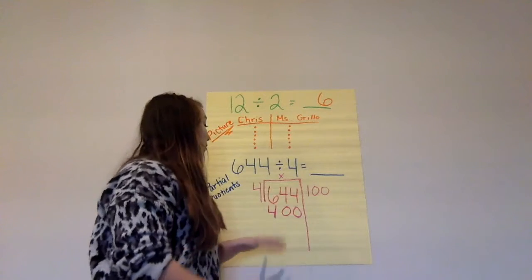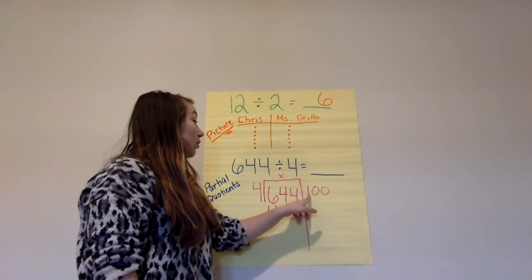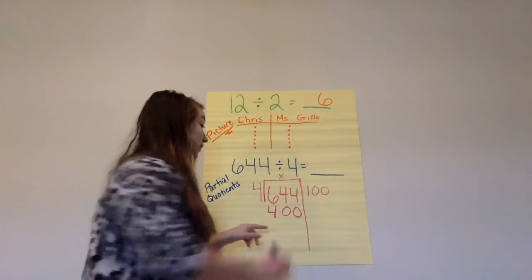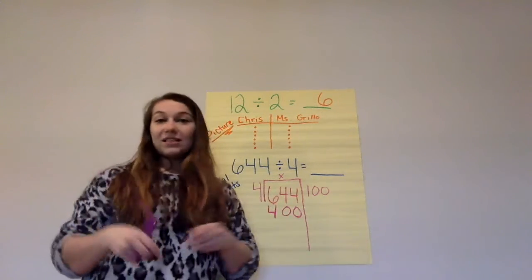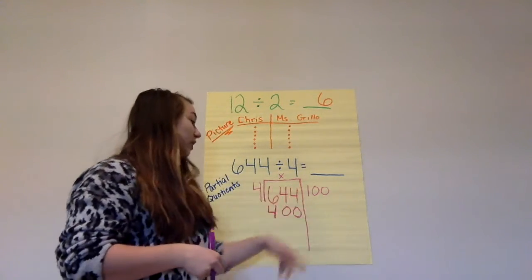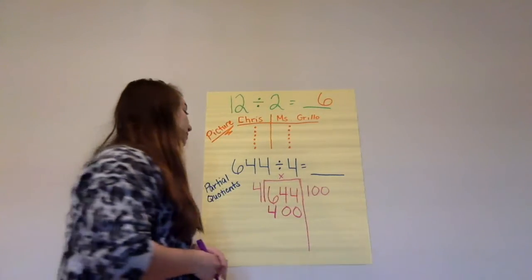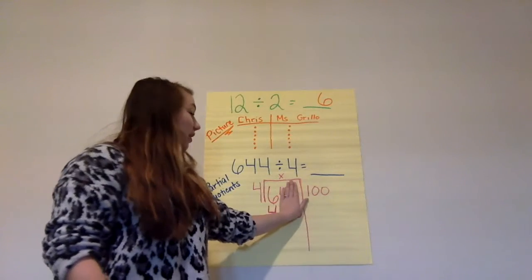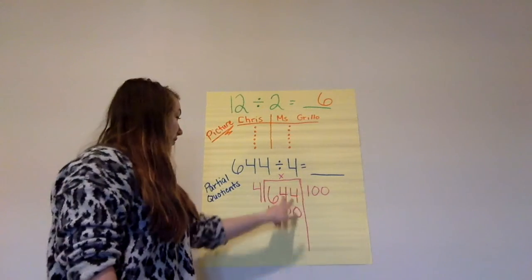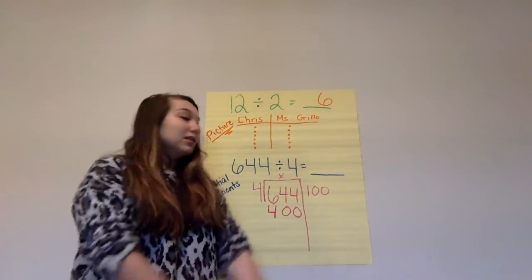But here's where we're at right now. 4 times 100 gives us 400. Okay? And if you type that into a calculator, we know that 4 times 100 equals 400. And we were able to do that by a little trick, covering up place values and adding zeros. All right, so